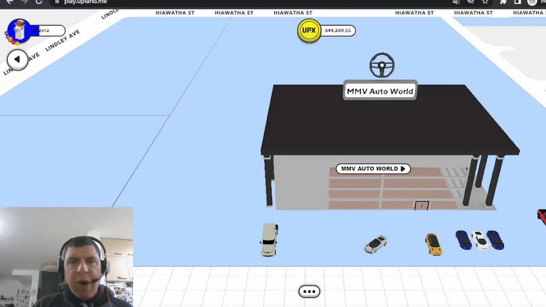Car showrooms have now arrived to Upland. You can now buy or sell your new or used cars on the secondary market. In this video, I'm going to give you my top 3 reasons on why you need to own a car